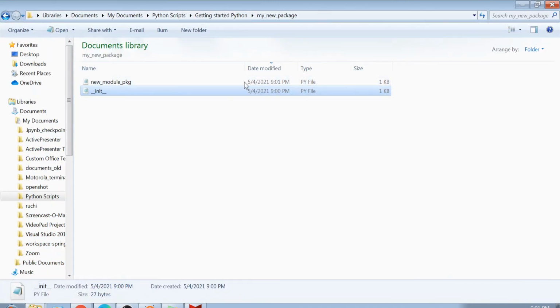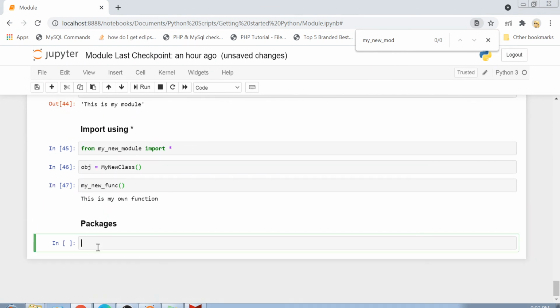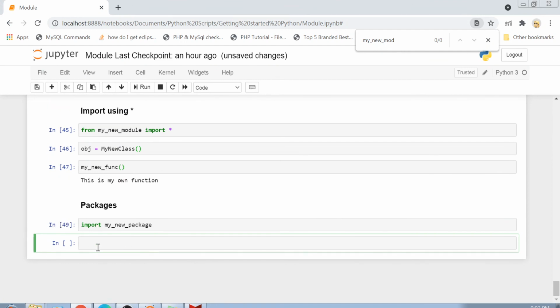The package here is called my new package. So first of all, I will just remove this. I have to do import my new package. So you see that now my package is imported here. But there is one thing which didn't happen. The init.py file was not executed, because before making this video, I actually created this package code and imported it in this Jupyter notebook, and that is why the init.py file printing statement did not happen.